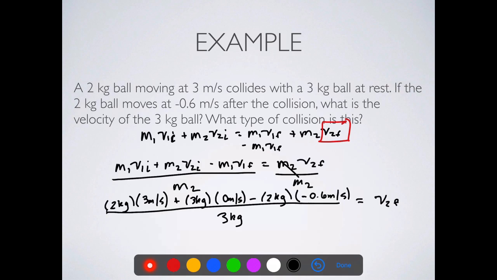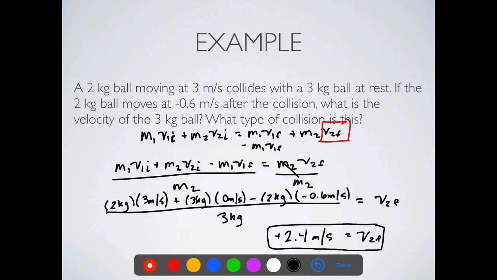So we got 2 times 3 is 6. 6 plus 0 minus 2 times 0.6. And then we divide that by 3. And what we get is that V2 final is 2.4 meters per second. And notice that this is a positive number. And that positive should make sense here because we would expect these objects to move in opposite directions after the